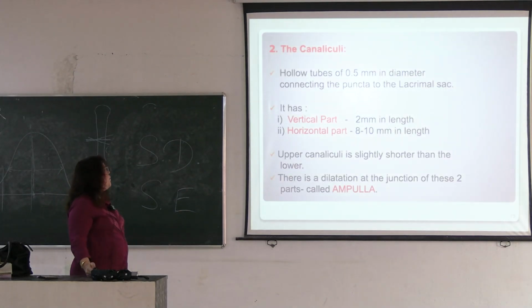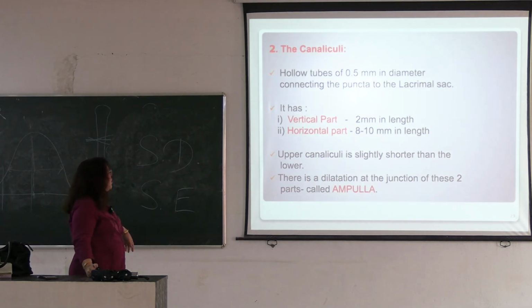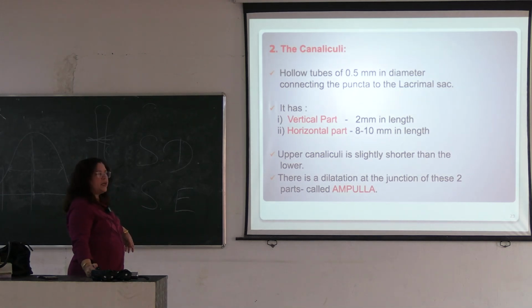Then the canaliculi. It is a hollow tube and its diameter is 0.5 millimeter. It connects the lacrimal canaliculi, from the puncta to the lacrimal sac. It has two parts, a vertical part and a horizontal part. The vertical part is 2 millimeter and the horizontal part is 8 to 10 millimeter in length, and